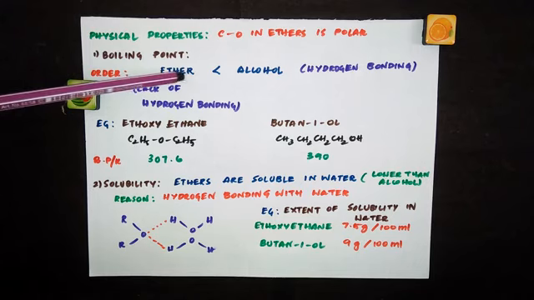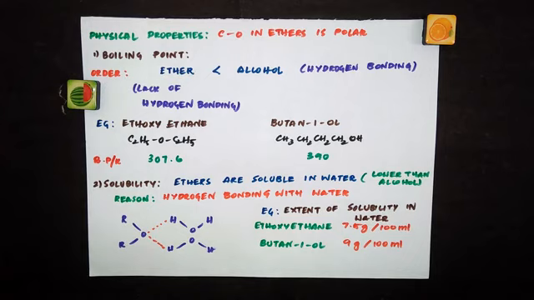So here I have written ether has a lower boiling point than alcohol, and you know what the reason for that is? It is due to hydrogen bonding. Ethers lack hydrogen bonding, so alcohols have higher boiling points than ethers. If they ask you why alcohols have higher boiling points than ethers, you should say alcohols are capable of forming hydrogen bonding among themselves. One alcohol molecule will form hydrogen bonding with another alcohol molecule, but in the case of ether we don't have such hydrogen bonding. So ethers have lower boiling points than alcohols.